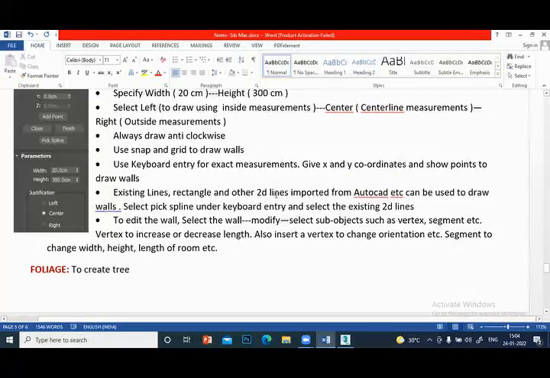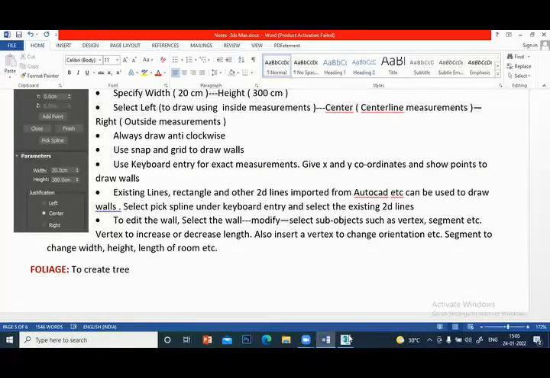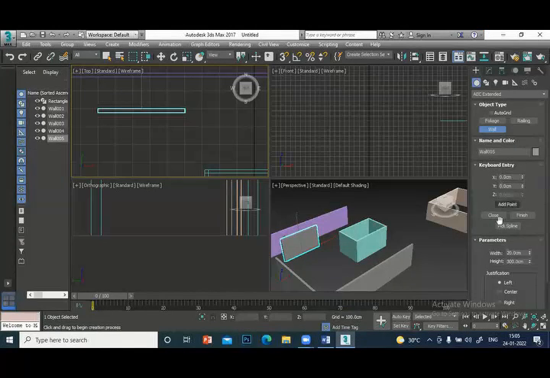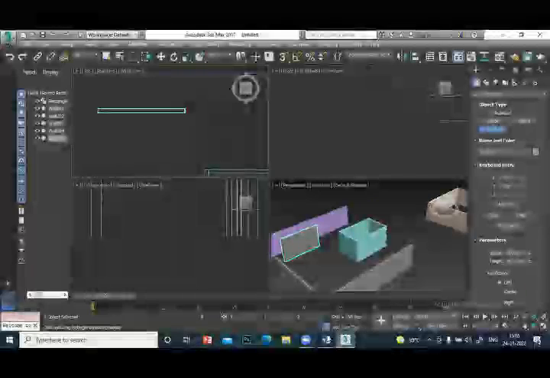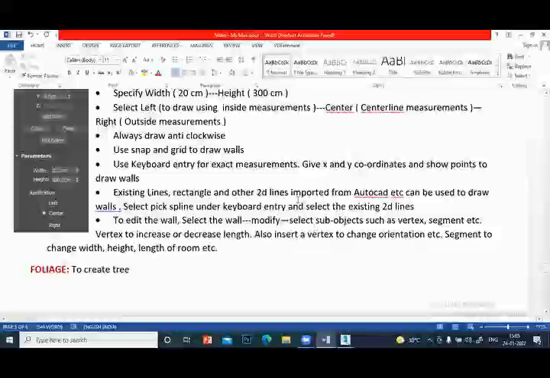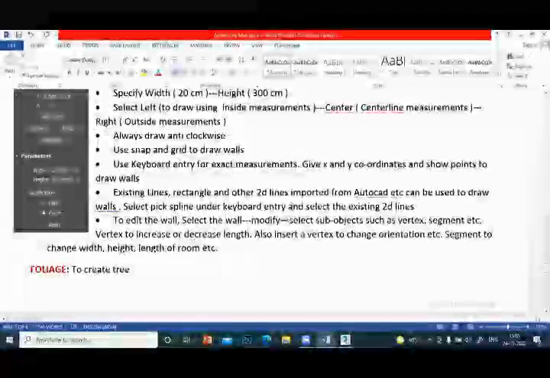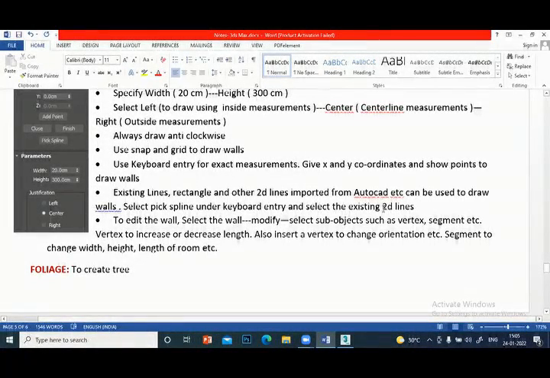After importing those lines or drawing the line, select Pick Spline under keyboard entry. Under keyboard entry, click this Pick Spline, and select the existing 2D line.